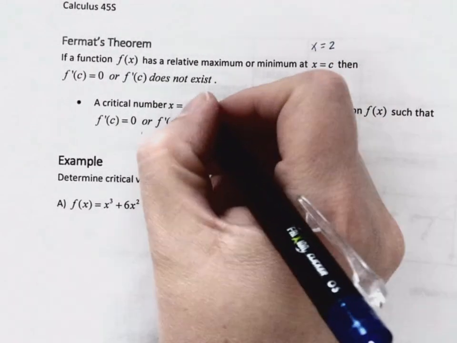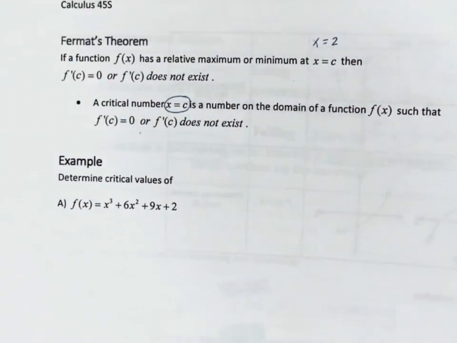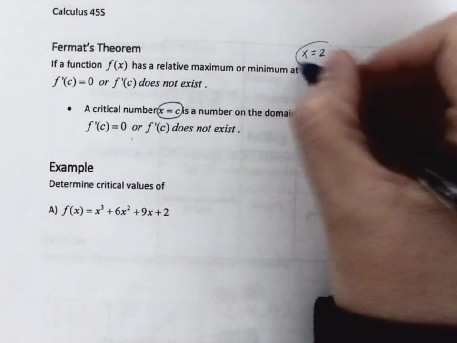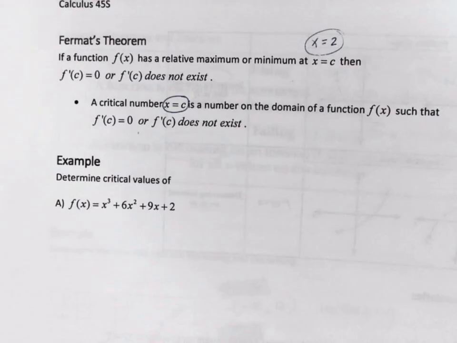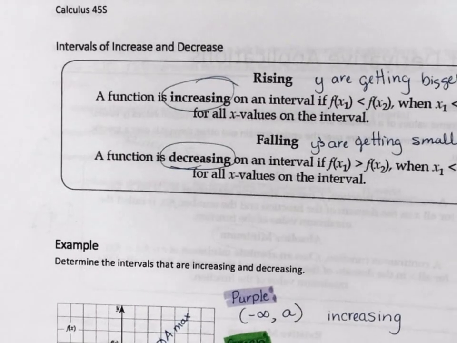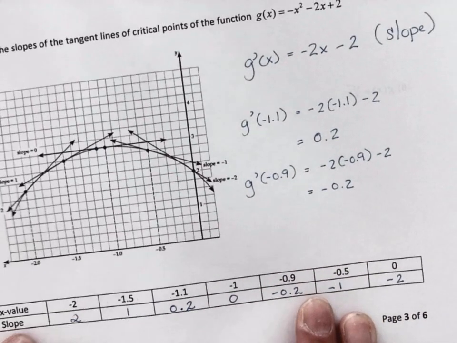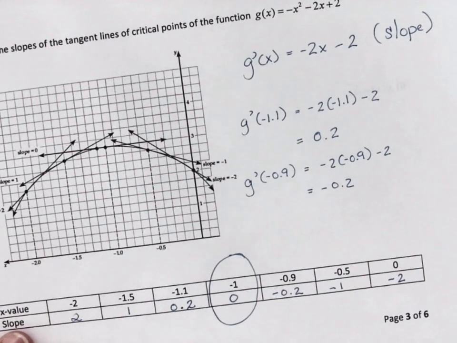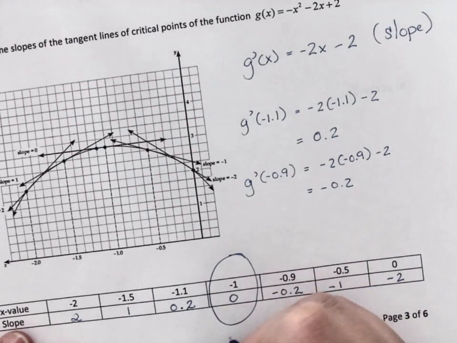So what we know is we've got to find these critical numbers. We call them critical values. Why did we pick 2? If we look at the other graph, why did we pick our critical value here on this graph? And that's because